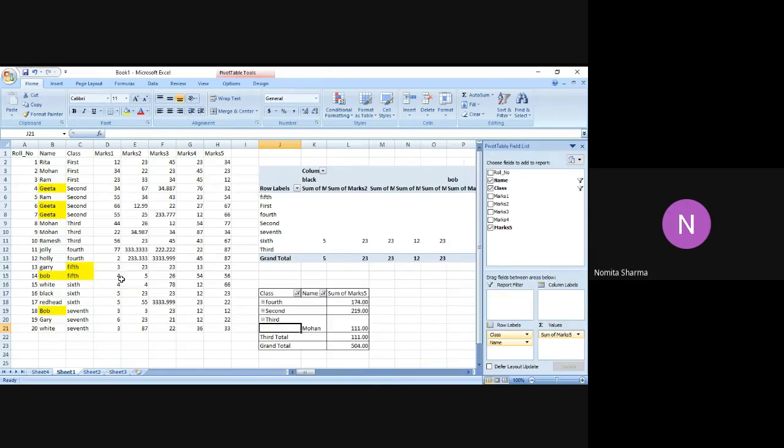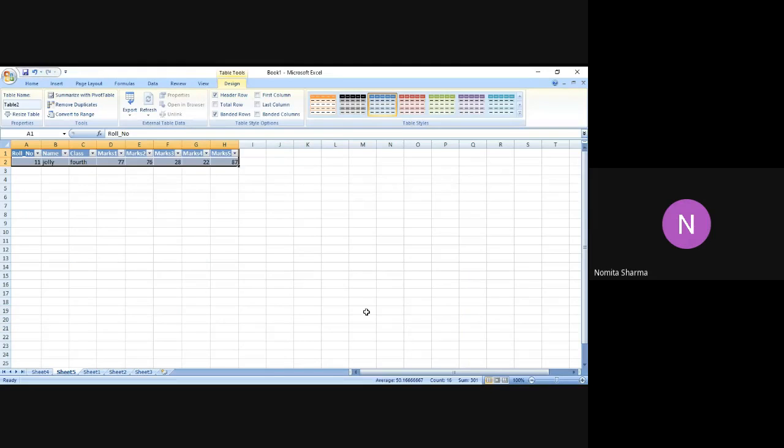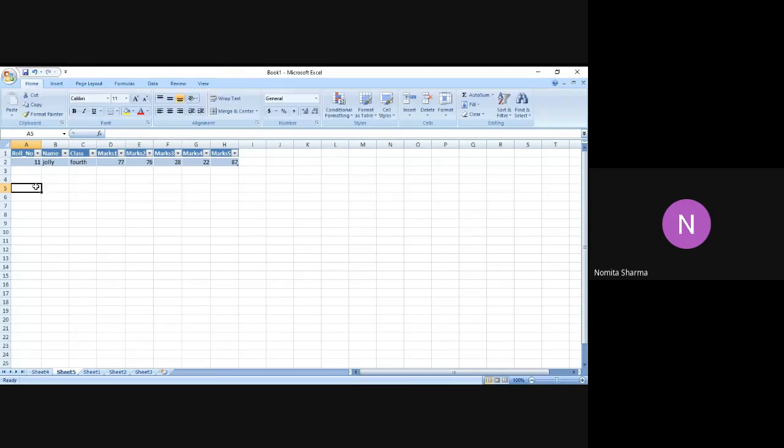And if I just say okay, I have to click on the values, not on the rows and the columns. So let me just go back and click on the particular value. This will give me that table. Earlier it was coming for Geeta, for there were 3 Geetas in 3 classes, but now I clicked on the student named Jolly. Since it is only one with the roll number 11 and only in the 4th class, it has given me this particular data for this particular student.